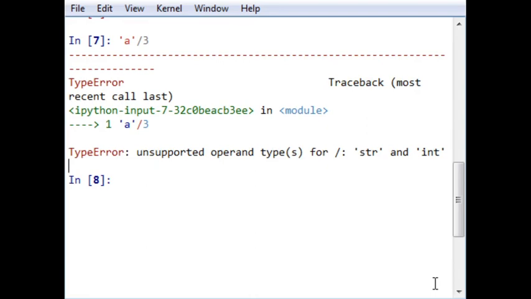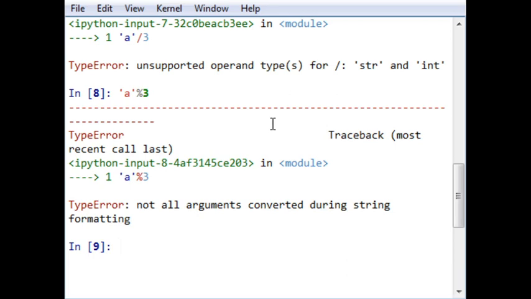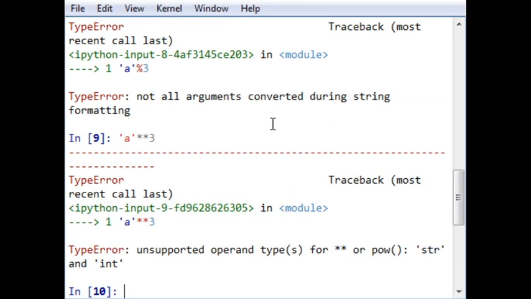Similarly, if we go for another operator, the output will show the same result, that no arguments are supported for strings. Similarly, if we go for the exponential operator, double star stands for exponential, it shows me an error. So there are a variety of operators that can be operated on data types, and we will discuss that further in our session. The modules that define a new data type for which new operations are defined will also be discussed. Let us move further.